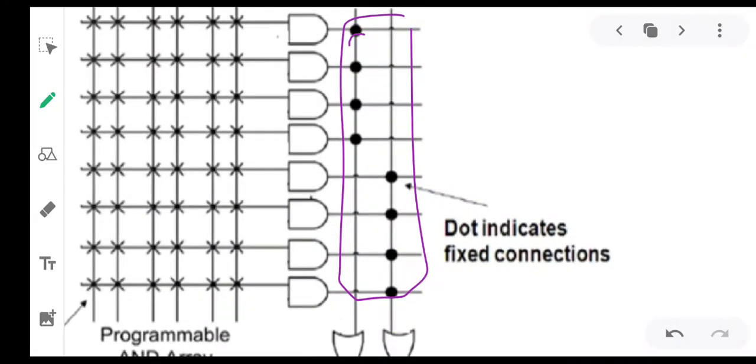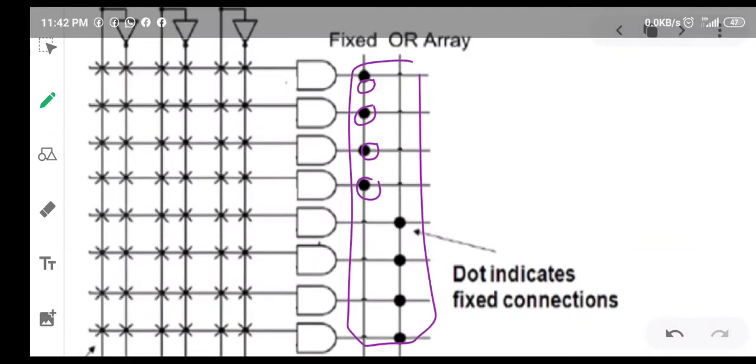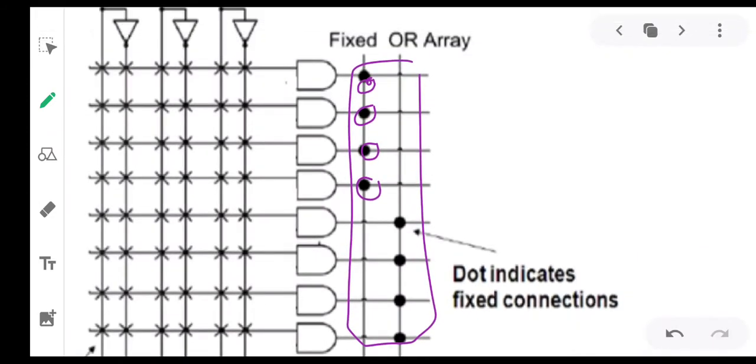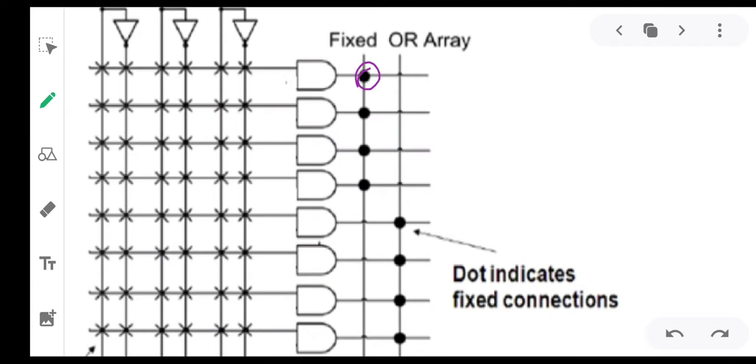This first term, if you look at this one, is actually an AND term, because that is the output of an AND. So that is a product term. This is another product term, another product term, and another product term.